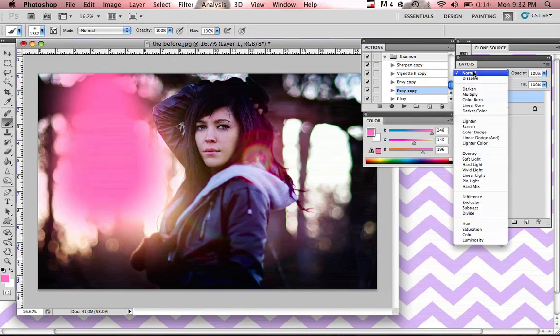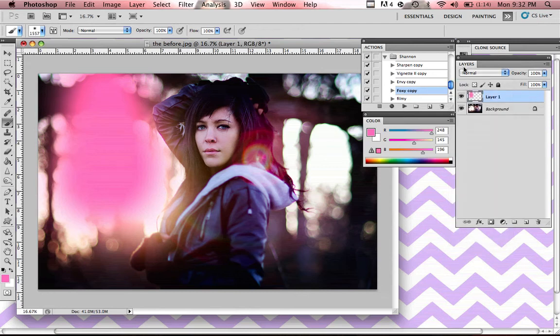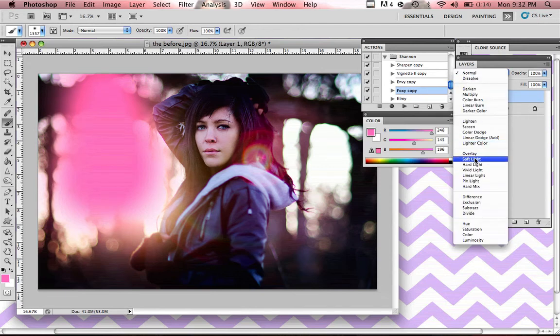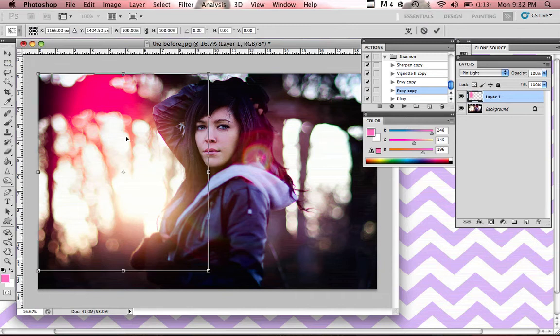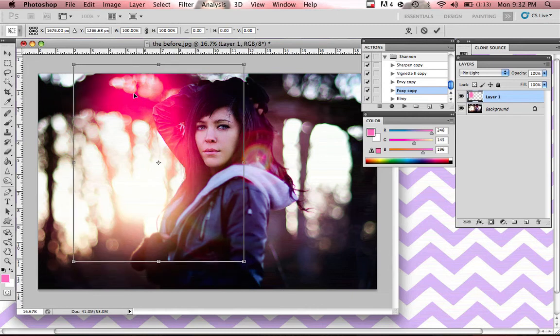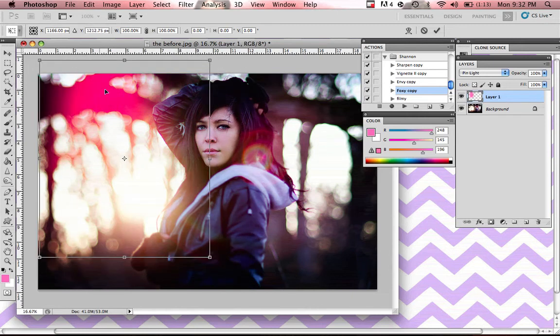And then I just want to show you what a different option can look like when you go up into your layers. Make sure this is selected. And instead of trying soft light like we did before, try pin light. That is essentially how you can get a light leak effect in Photoshop. This area right here gives you that effect without actually taking something with a film camera, and it's again